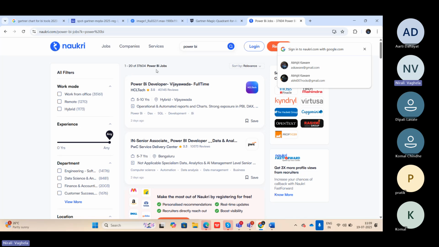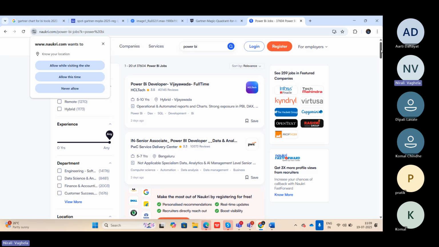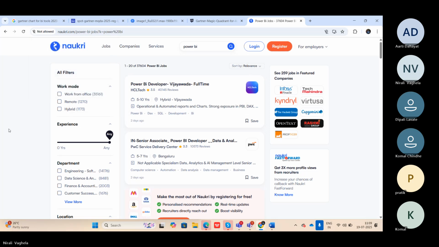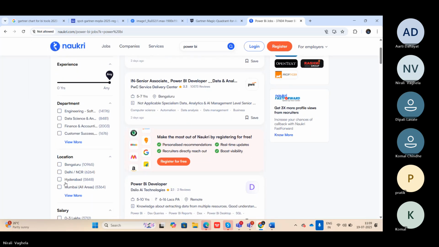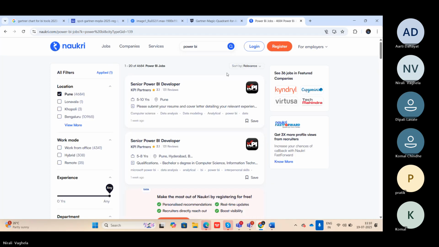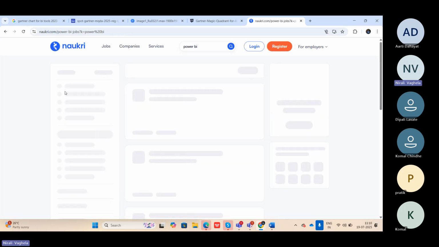There are 37,000 job opportunities in the market for only Power BI. And if I filter for only Pune, let's say, for 684 in Pune itself, you'll have this many job opportunities right now.